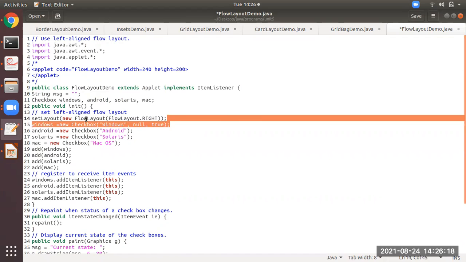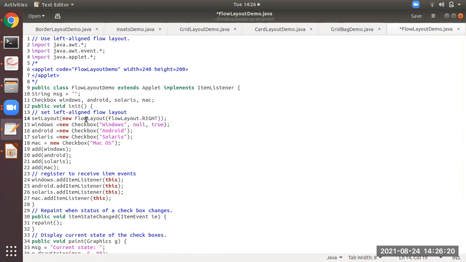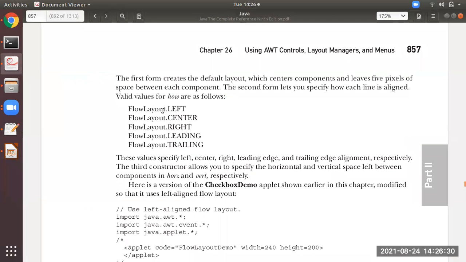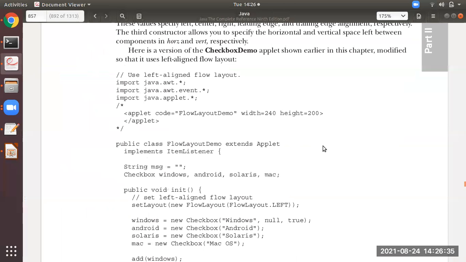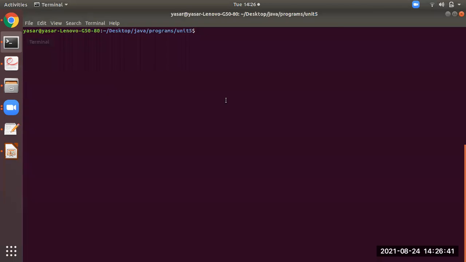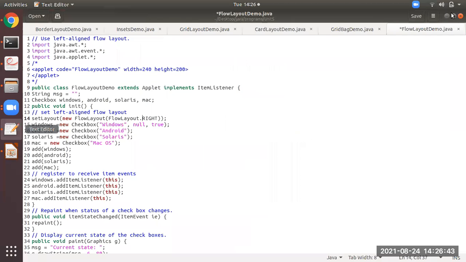To set it, you can see over here setLayout, new FlowLayout, and in the textbook it is provided with these values: left, center, right, leading and trailing. You can specify whatever you want. Over here it is left in the program. Let me execute the program.